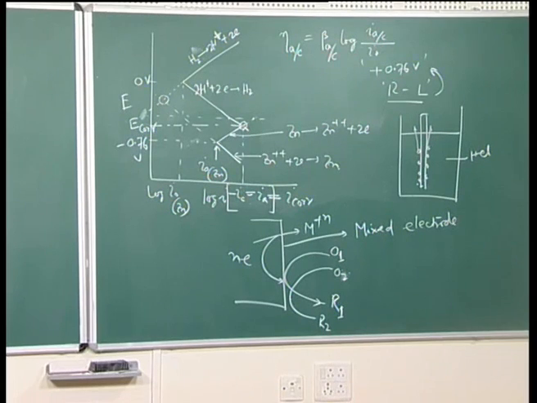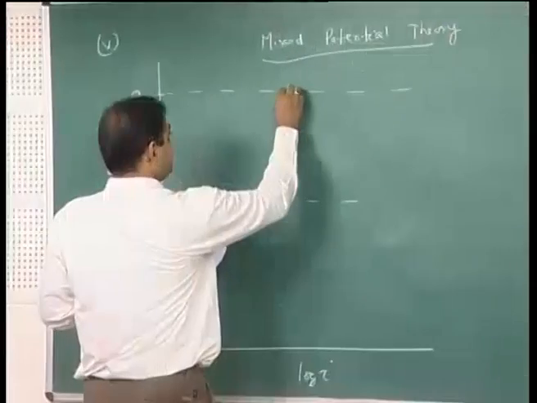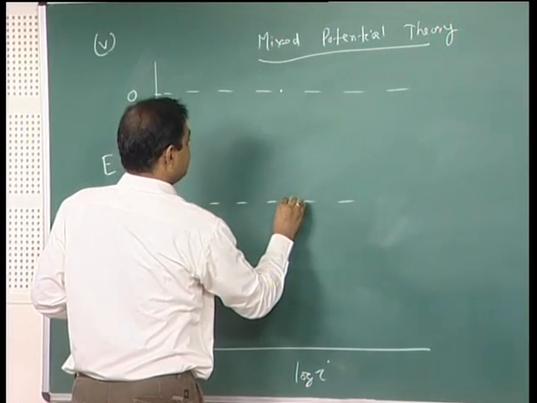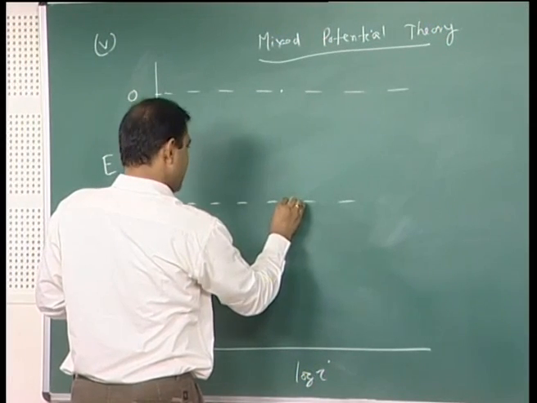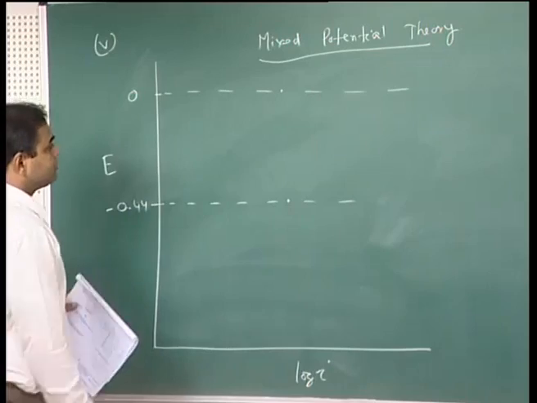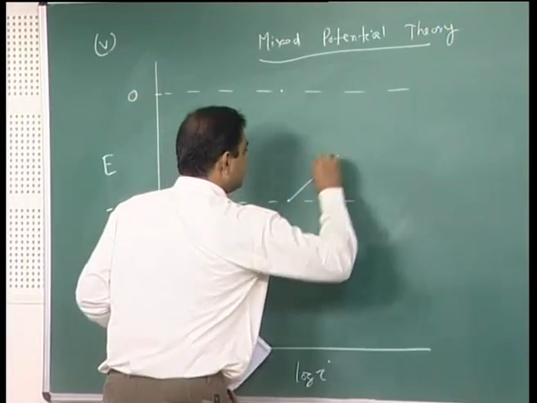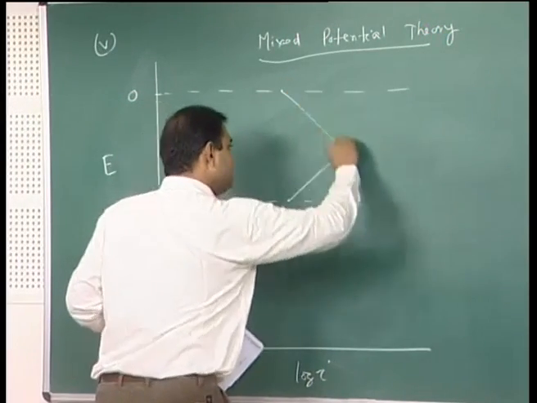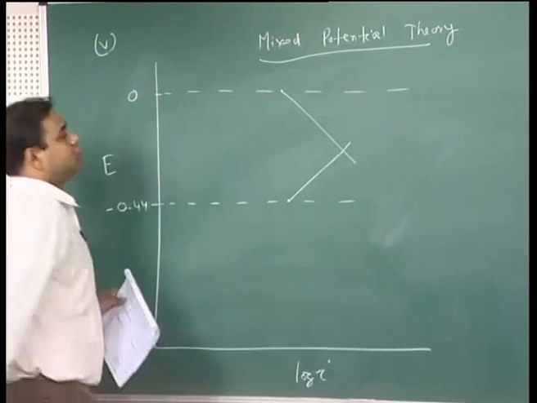So, this value would be, let us say, here, and its value is almost at this point. So, therefore, you have to consider two